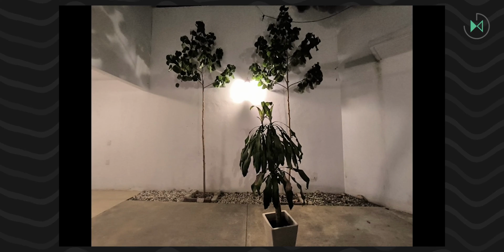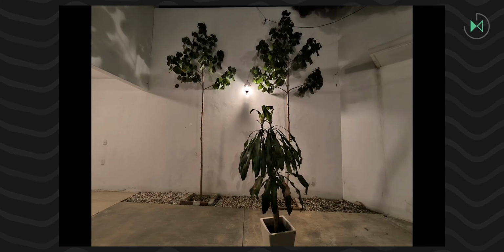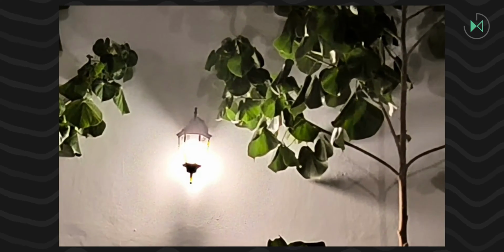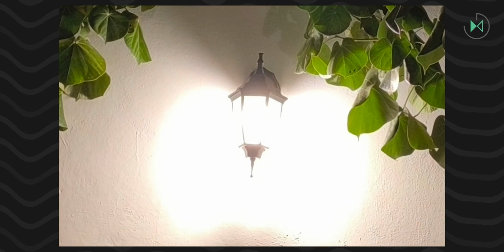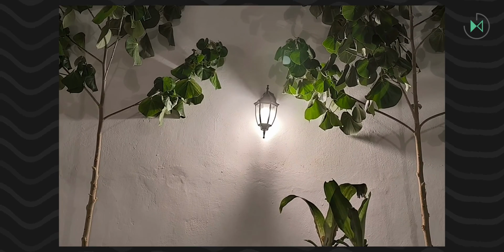At night, the ultra-wide camera has a barely acceptable performance, but using the night mode, it can perform a little better by reducing noise and better balancing the light area. Exactly the same will happen with the main camera, that in auto mode is not able to expose well the most illuminated areas in these dark scenes and appears a little more noise, but with the night mode I think the result is much better in each of these aspects, so it is highly recommended to use the night mode